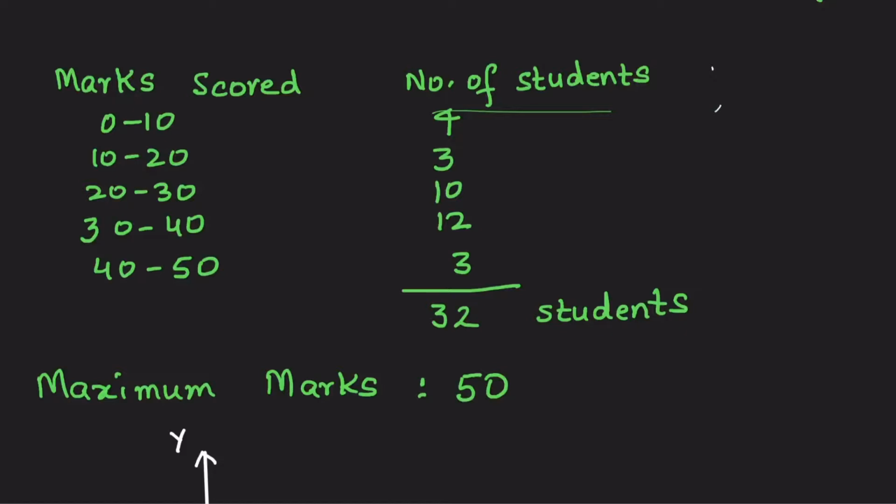Yes, so probably we'll have just 1 or 2 students getting 0 to 10. We will have more students moving towards, let's say, the higher score of 20, 10 students get between 40 to 50. And I've just changed the data. So one student getting between 10 to 20, one student getting between 20 to 30, and most of the students have moved towards the higher marks, right?